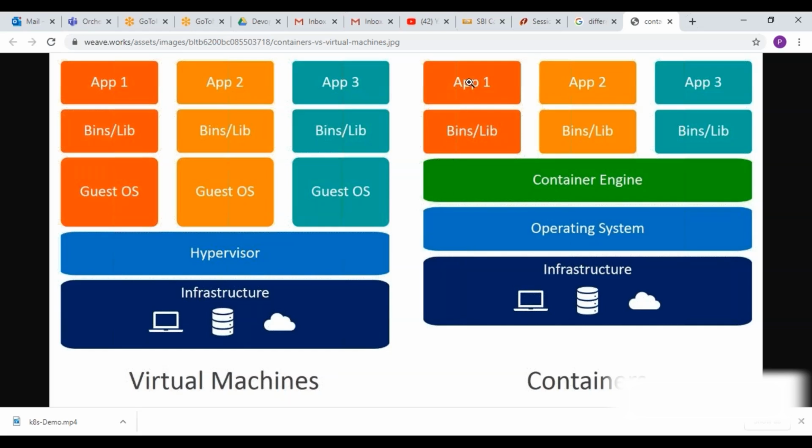To spin up and create this container, we don't require minutes or hours, because for virtual machine creation, it will take at least 30 minutes for the install procedure. But here it will not even take 1 minute. Within seconds, this container gets created because we are not installing any operating system here. It is going to use this base operating system kernel. It is going to take the kernel.